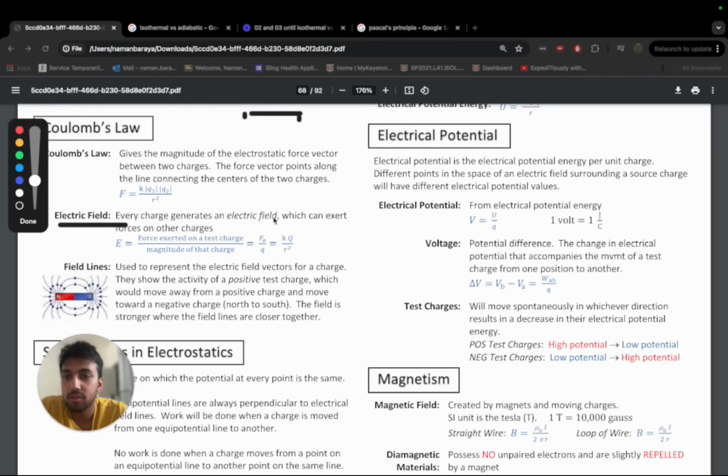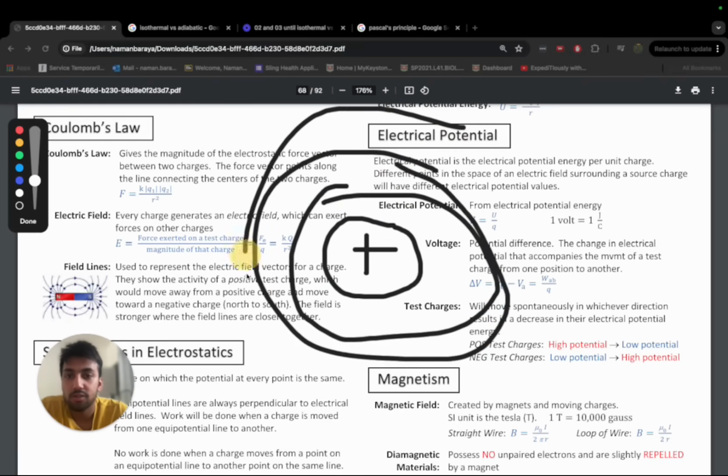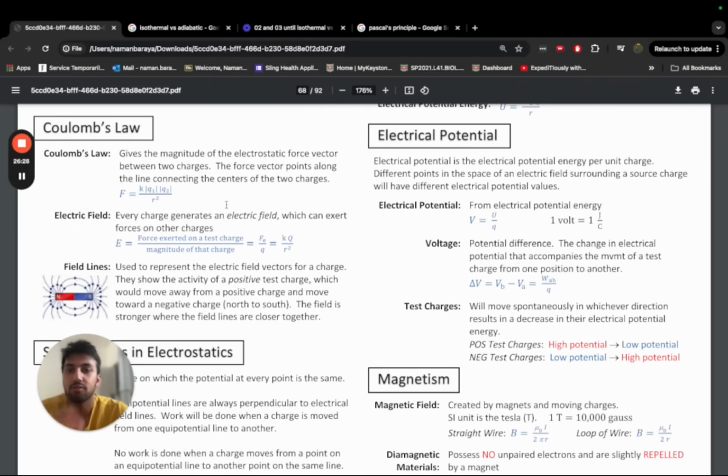Electric field is basically, if I have a proton over here, right, it's going to generate an electric field around it. And the electric field is telling me what happens if I put another particle over here. The electric field answers that question by telling us, oh, this proton over here is going to cause this force on this particle if you put it over here. So the electric field is basically this imaginary field